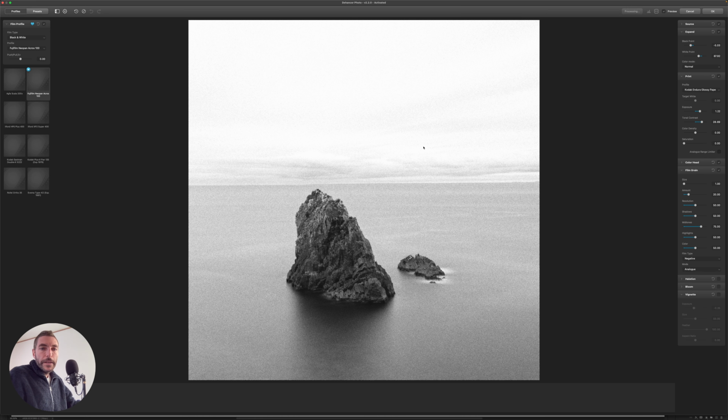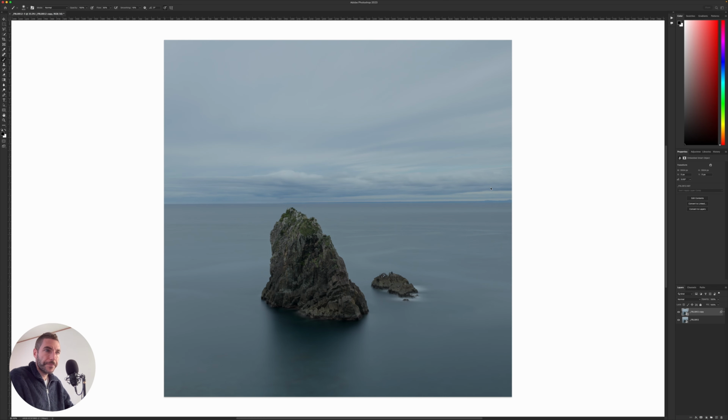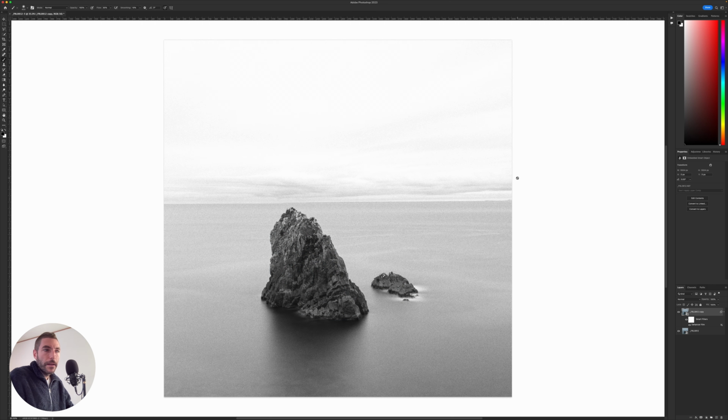And you can see here, I'm going to get the same plugin that we used in Lightroom. So I'm not going to go through all the options again. I just want to make sure that everything looks fairly good. And then I'm just going to say, OK. And as you can see, this is going to apply the filter to my image. It's really fast. It's much faster than by using Lightroom, in my opinion.